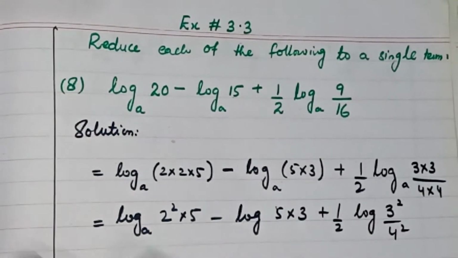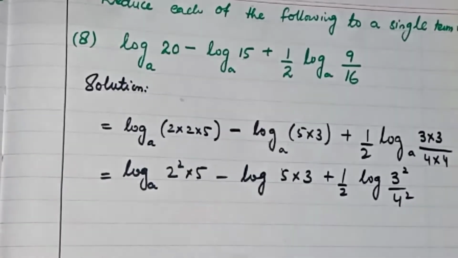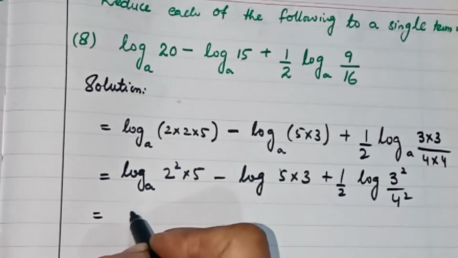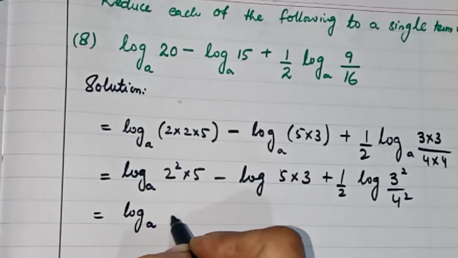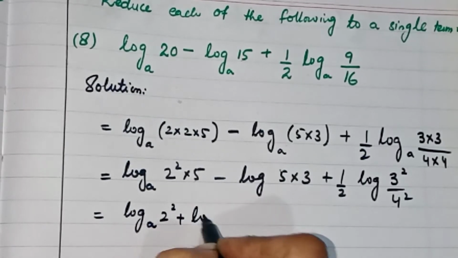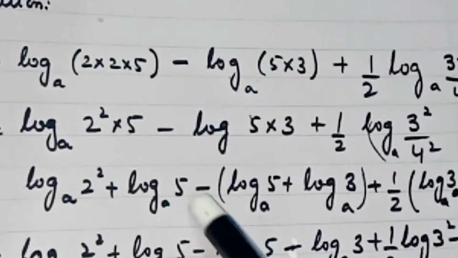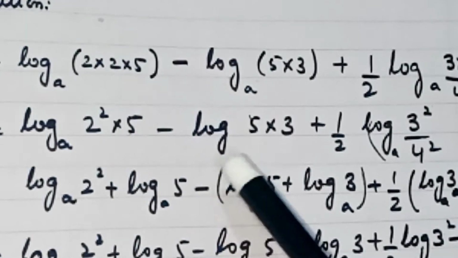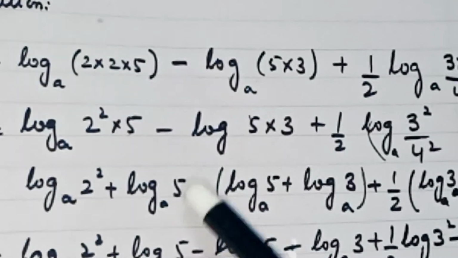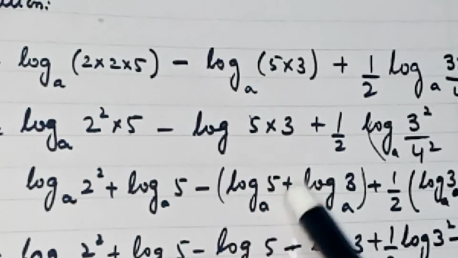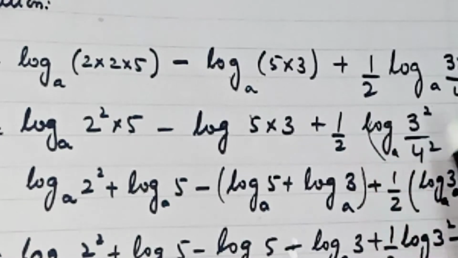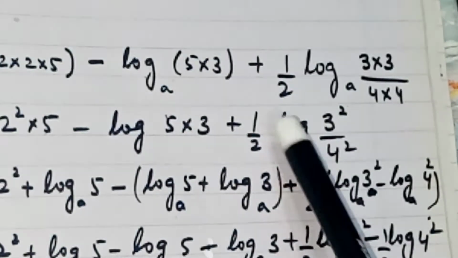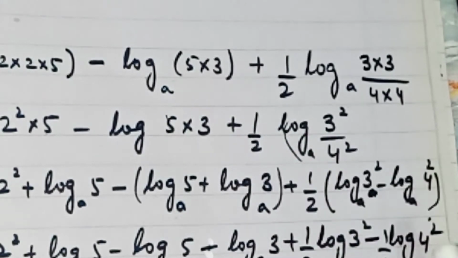Okay, now what can we apply further? We can apply the first law of logarithm here. So I am writing it like 2 square plus log of 5 minus, I am applying the first law of logarithm here. I have to put a bracket because there is a minus sign. This minus sign will change when multiplying with the inside term. Okay, so I have taken this half plus half also as common and put a bracket over here.